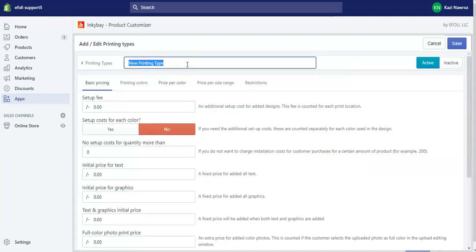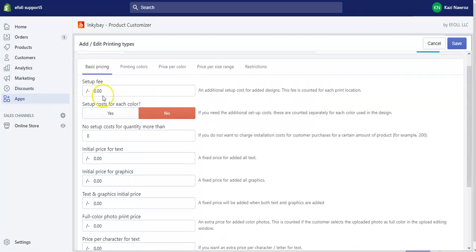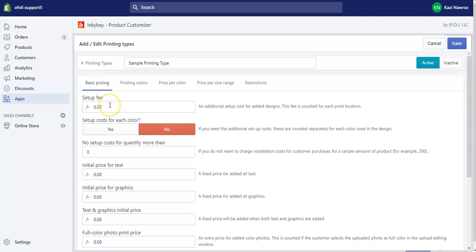First you need to name the printing type. So let's name it sample printing type, and then in the basic pricing section you can add some basic pricing. For example, setup fee. This is the price you want to charge. If you want to charge your customers an additional amount for the setup fee of the printing type, you can do that. So let's give it $5,